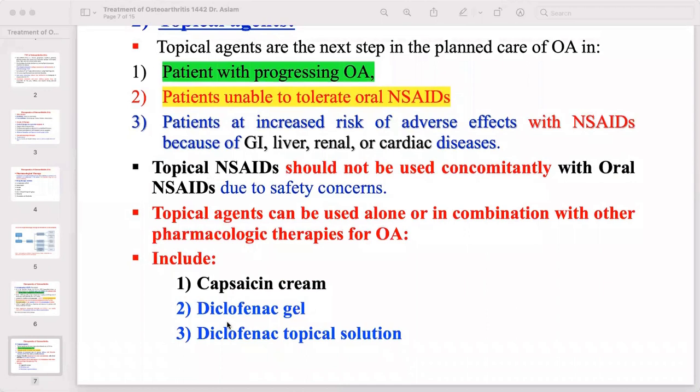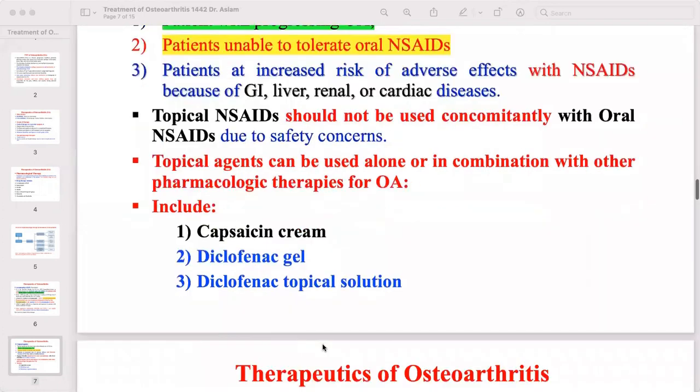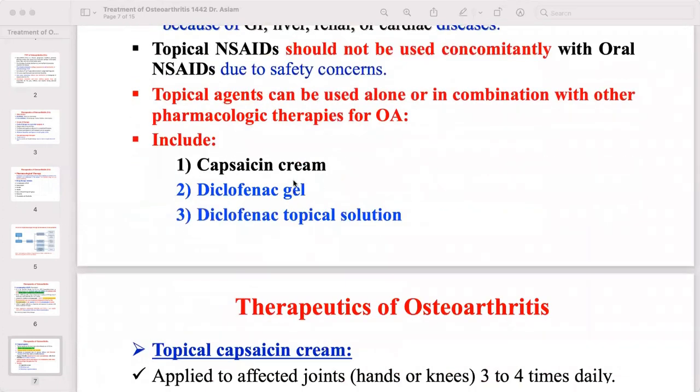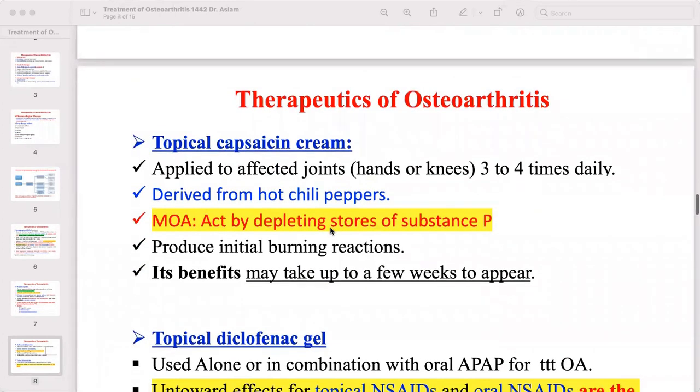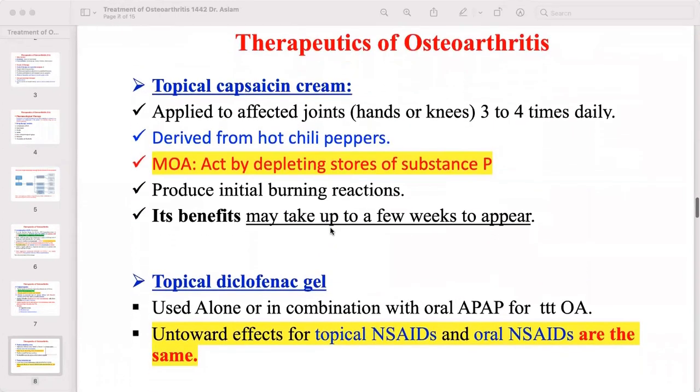Capsaicin cream, diclofenac gel, and diclofenac topical solutions. The difference is just the formulation: gel and topical solution. Topical capsaicin cream